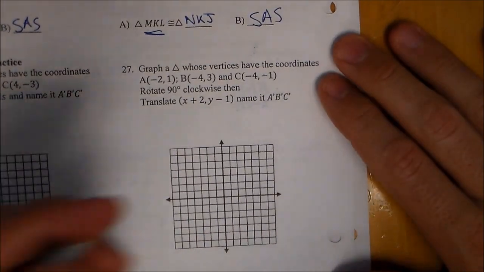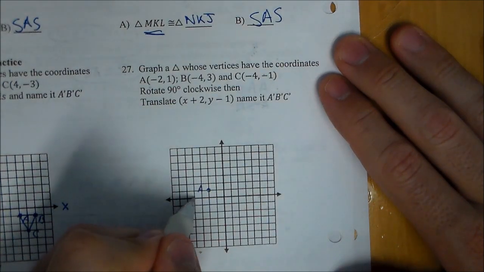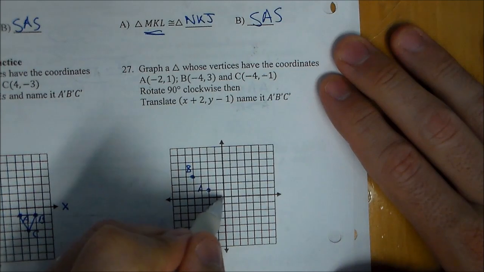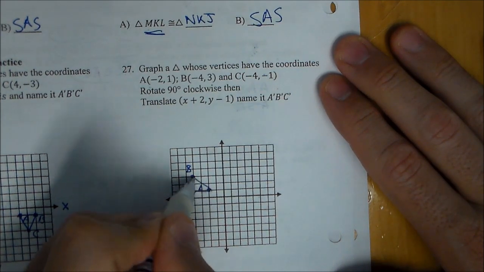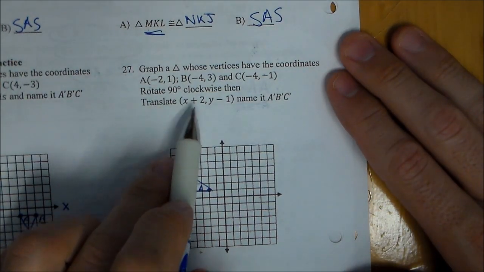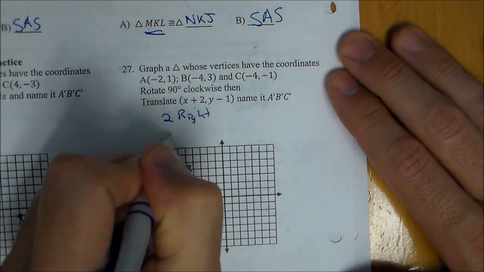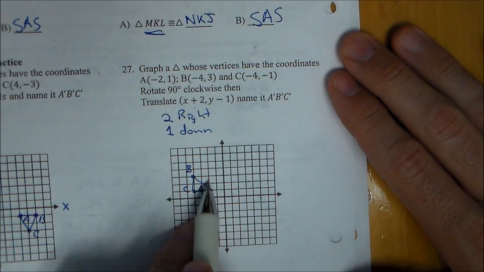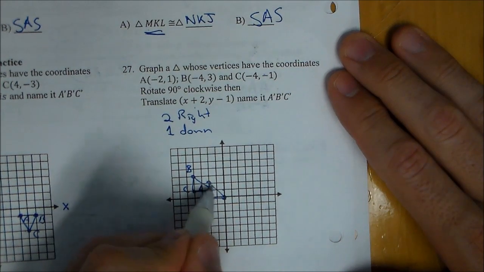For number 27, we're going to graph. We have A, B, and then C. We're going to translate x plus 2, y minus 1. So that means 2 to the right and 1 down. So all the points will move 2 to the right, 1 down. So we go here, 2 to the right, 1 down, 2 to the right, 1 down, and there is our